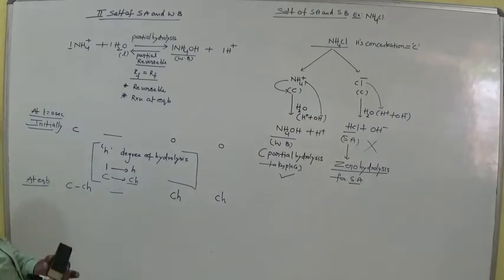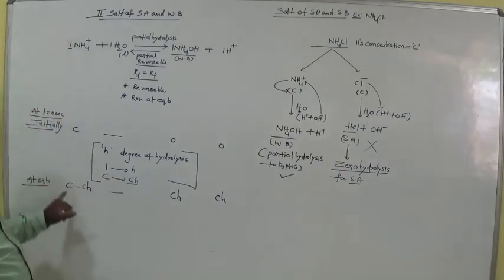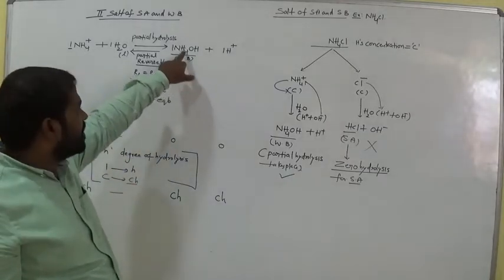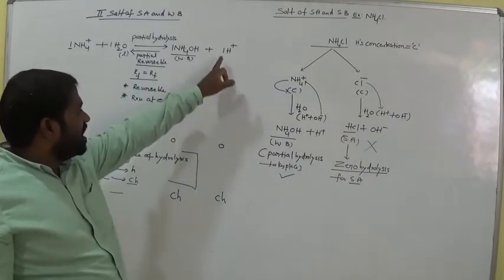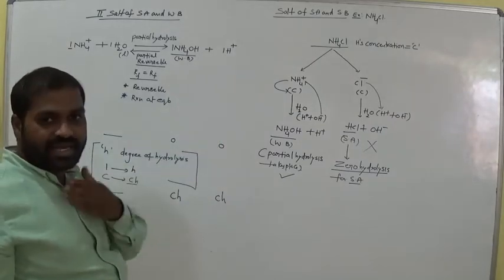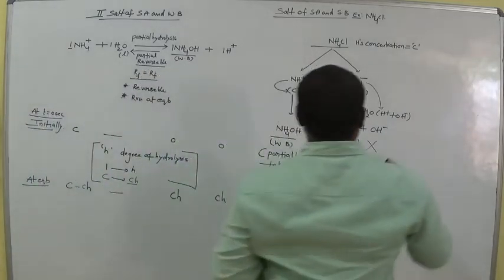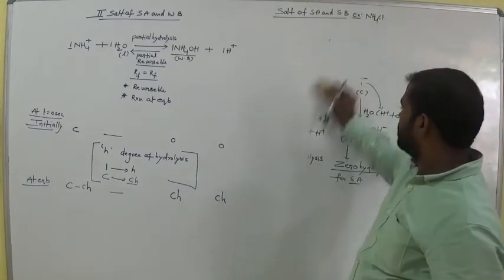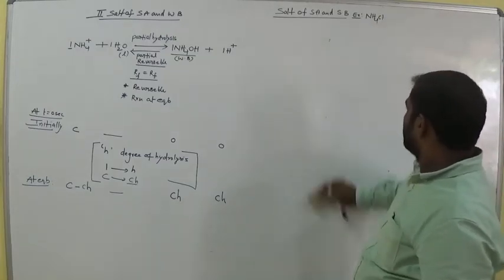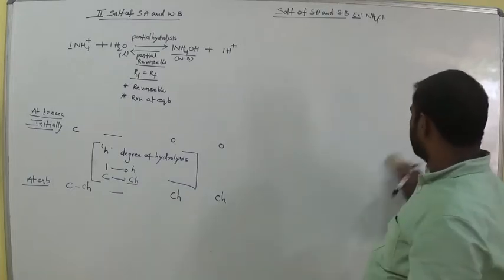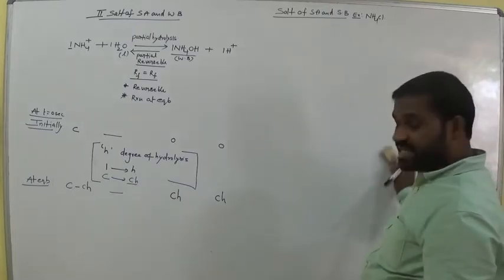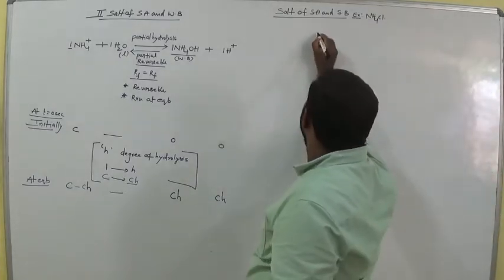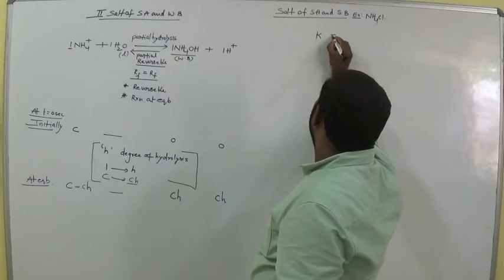Now the equilibrium concentration of the ammonium ion is C minus CH, and the equilibrium concentration of ammonium hydroxide is CH, and H plus is CH. Am I right? Clear, all of you? Up to that, okay? Now I would like to write the expression for the equilibrium constant of this reaction, that is, the equilibrium constant K equals,